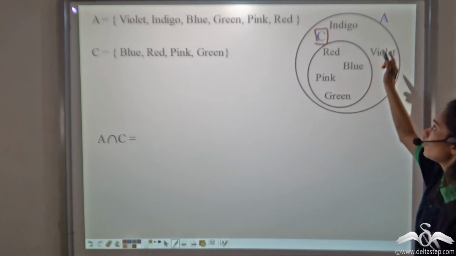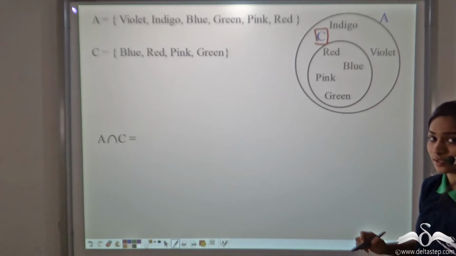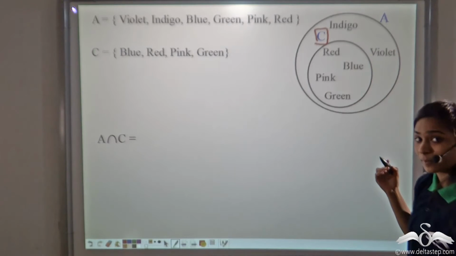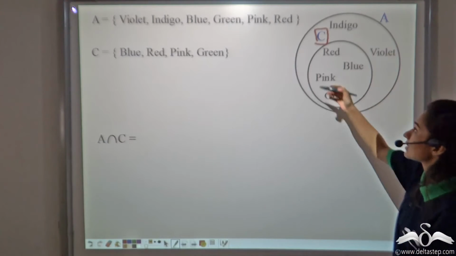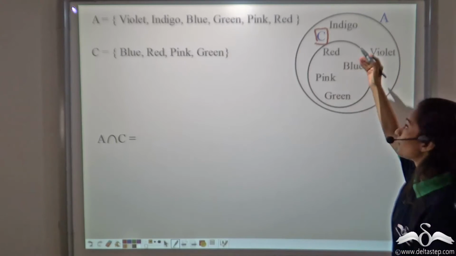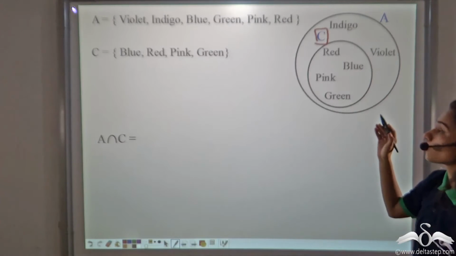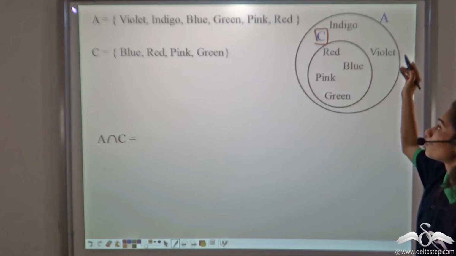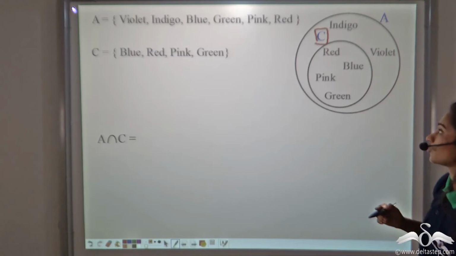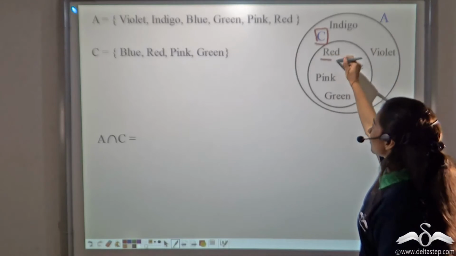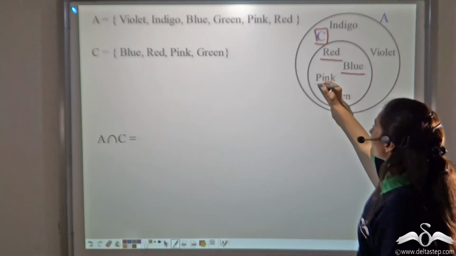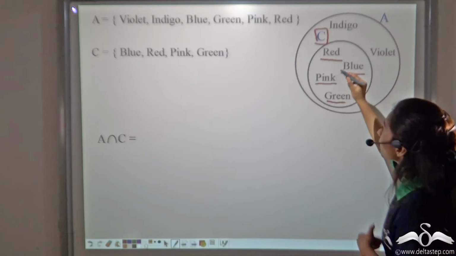Now let's try finding out A intersection C. Now you will look for the overlapping part. Here the set C itself is completely inside A. So what are the elements common to both A and C? Let's check. You can see that red, blue, pink and green.